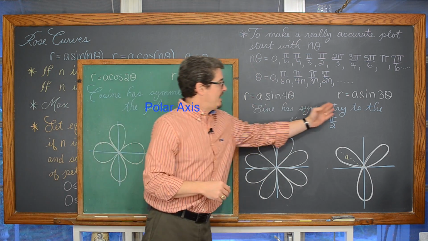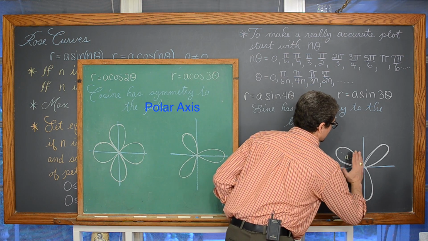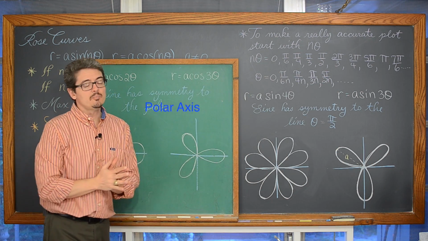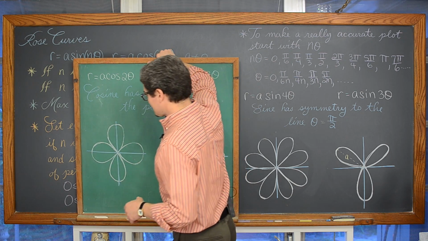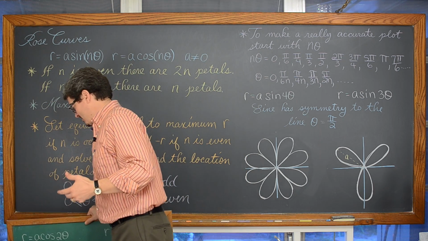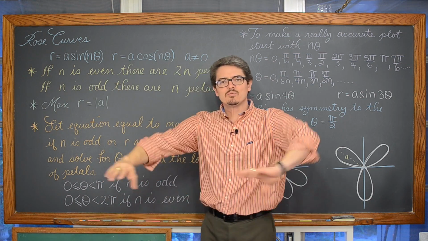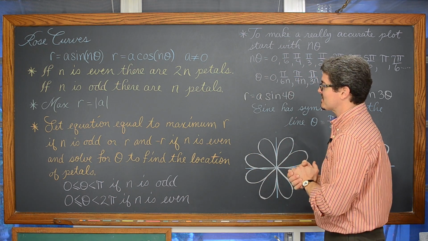And sine has symmetry to the line theta is equal to pi over 2. So reflecting that over the line theta is equal to pi over 2, you can see the graph line up on itself. That symmetry is thankfully what allowed the viewer to catch on to the fact that I had made a mistake in my lesson. Sometimes I make careless mistakes, I try and catch them all.